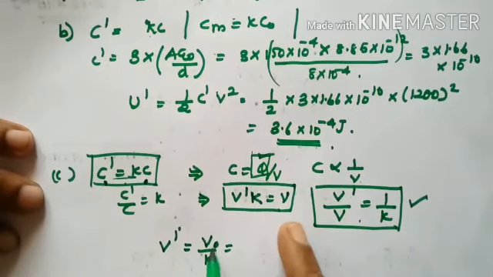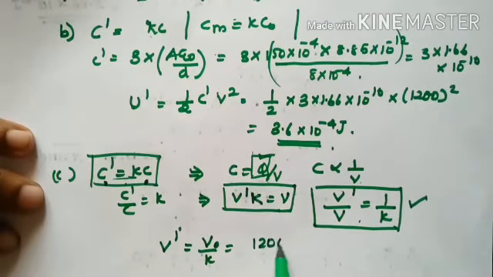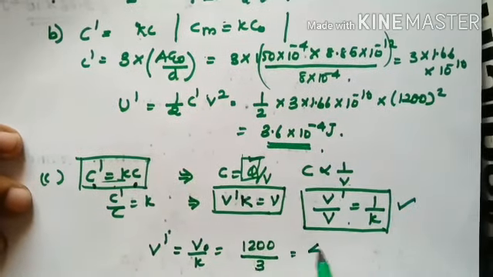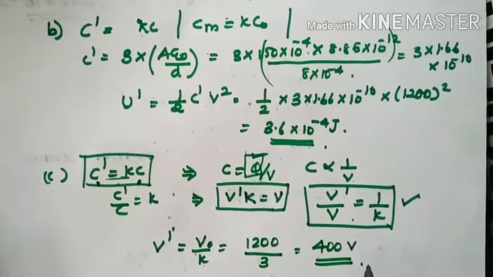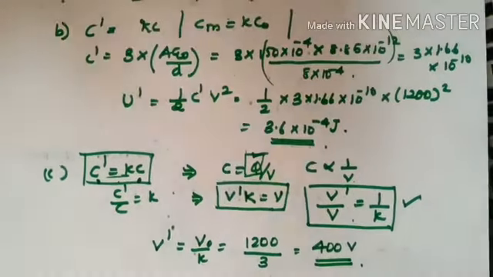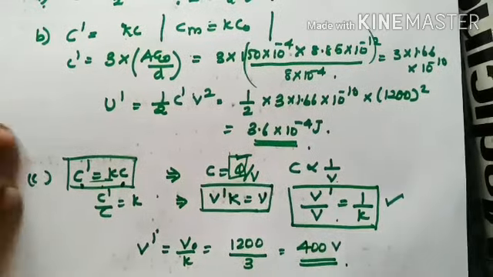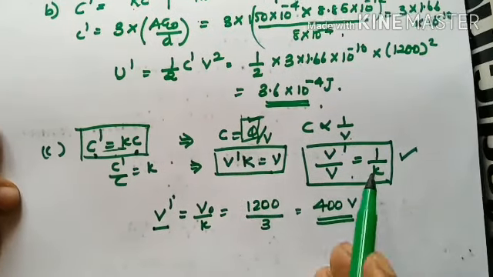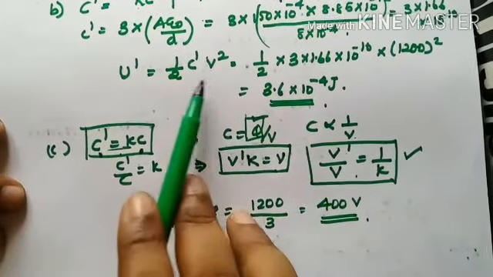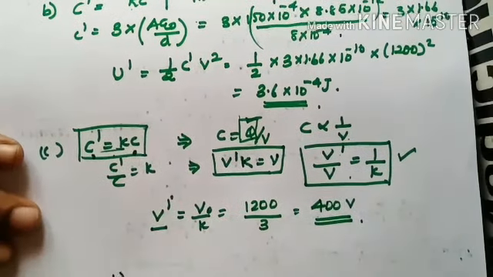because I wanted to mention this air. Here you are having a voltage 1200, K is 3, so what will be the new voltage? That is V naught by K, the potential difference. This much is clear. Now what happens is you have a new potential, you have a new capacitance value also, C dash, right? So what will be the new energy?